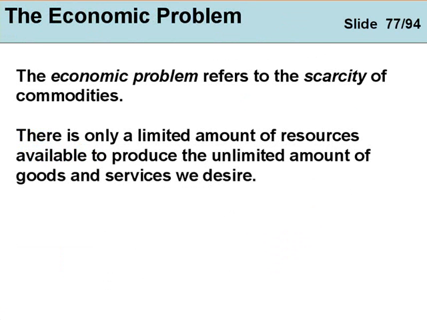The economic problem refers to scarcity of the commodities. There's only a limited amount of resources on the planet. And we all have virtually unlimited wants. And that's a problem. How do we resolve it? What is the key economic issue here? Well, this is actually illustrated by means of a very famous paradox, a paradox that was kicking around in Europe from about the late 1600s, and which wasn't resolved until Alfred Marshall in 1890. Alfred Marshall being the economist we mentioned right at the start.